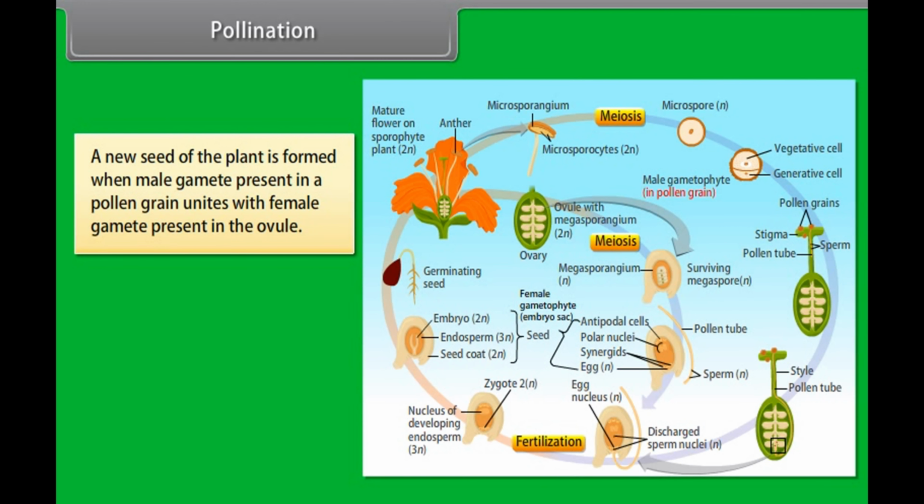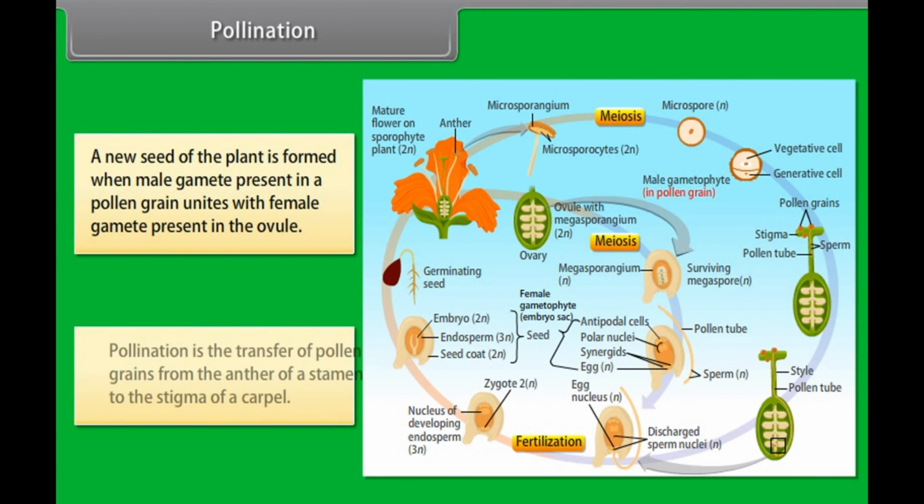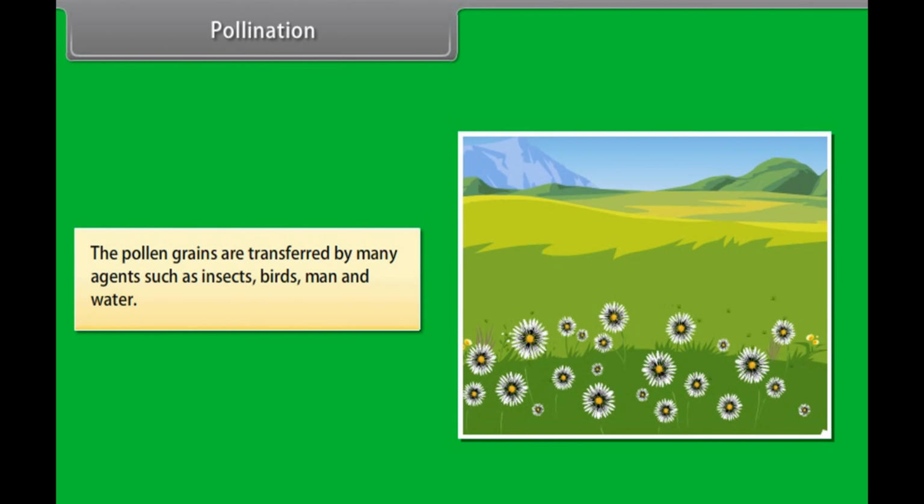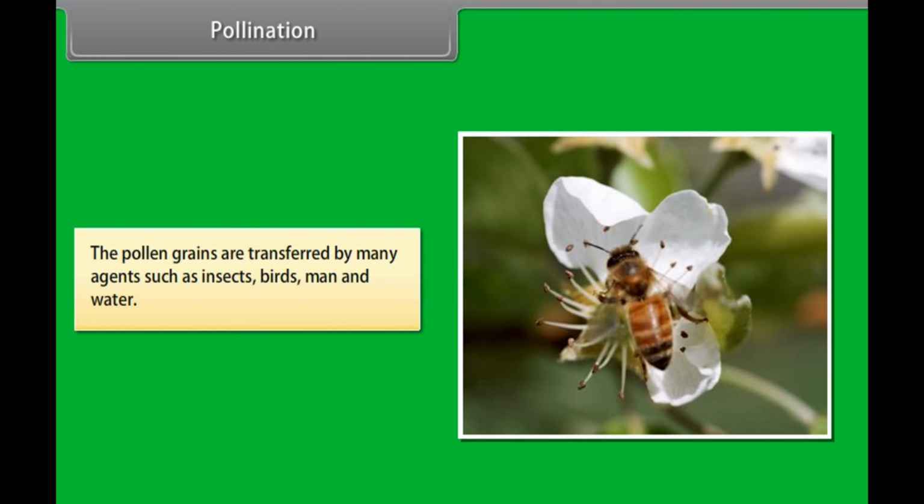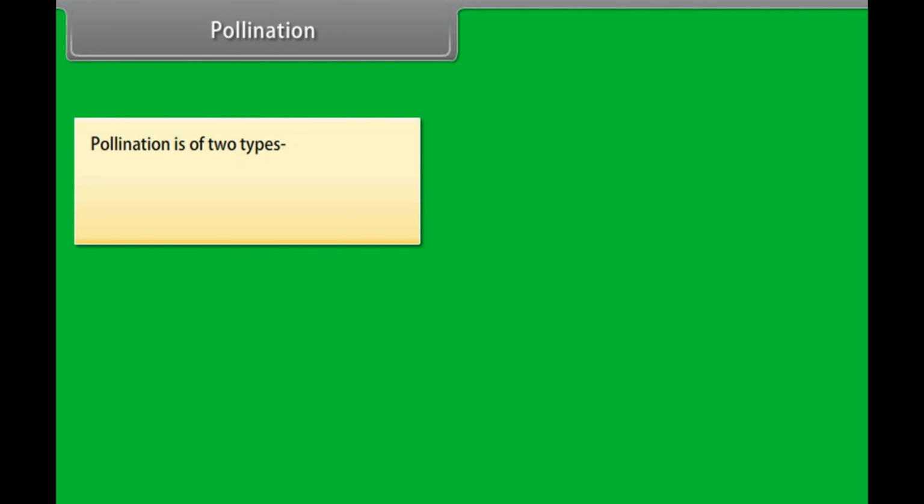Pollination. A new seed of the plant is formed when the male gamete present in a pollen grain unites with the female gamete present in the ovule. Pollination is the transfer of pollen grains from the anther of a stamen to the stigma of a carpel. The pollen grains are transferred by many agents such as insects, birds, man and water. Pollination is of 2 types: